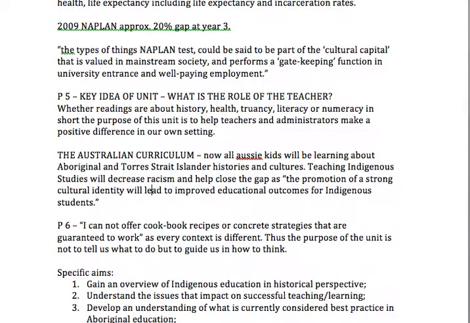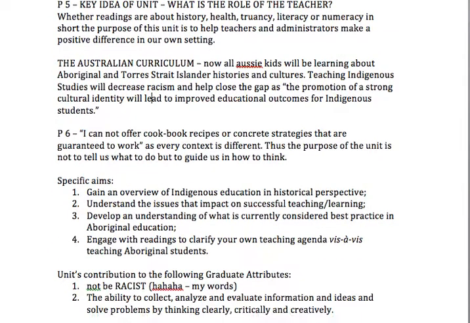Okay, page 6. She's kind of letting herself off the hook. Dr. Nardo is being honest with us, saying she can't tell us exactly what to do because every social context is different and every Indigenous child you meet is different and every classroom you teach in is different. So she can't give us the strategy straight out, but more try and provide us with a framework so we can think about things with a bit of clarity.